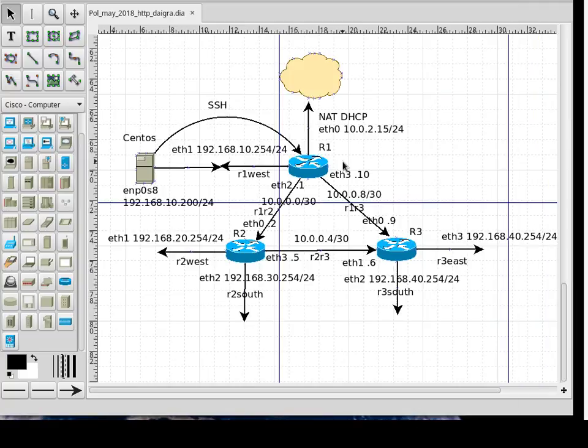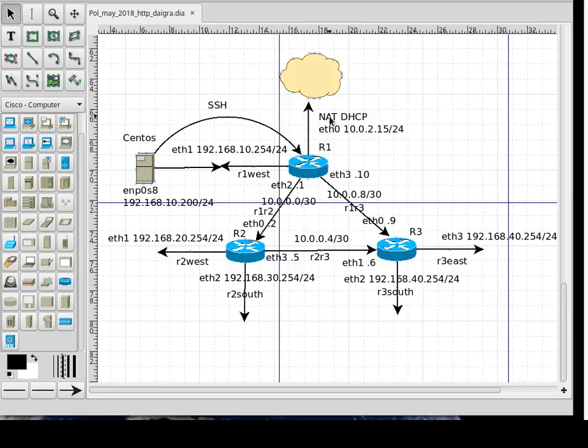Now what we're going to do, we're going to install the VyOS or Vyatta, which will be virtual routers, and we're going to create this diagram. It's a little bit messy with all this information, but we're going to install first of all this router with 4 interfaces,